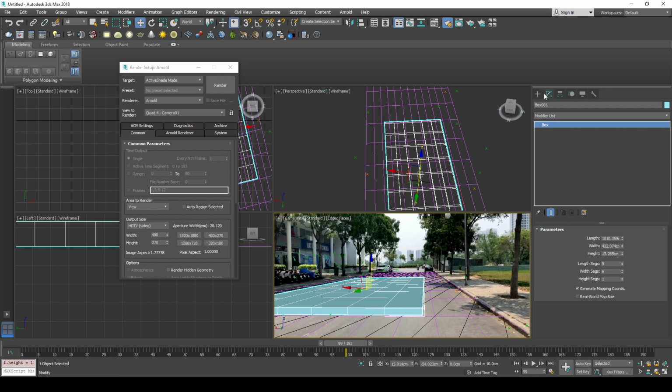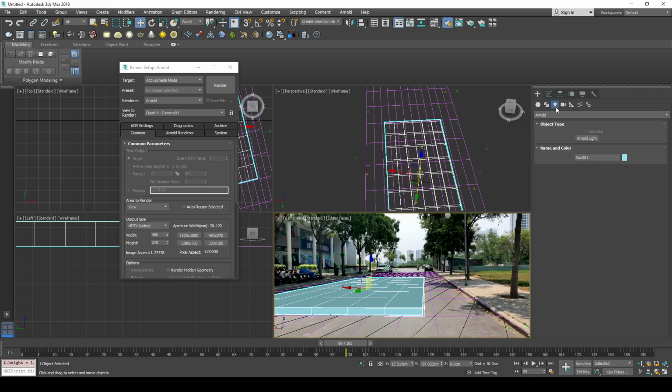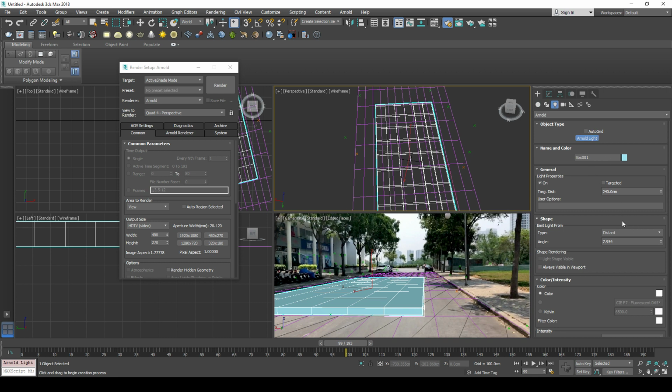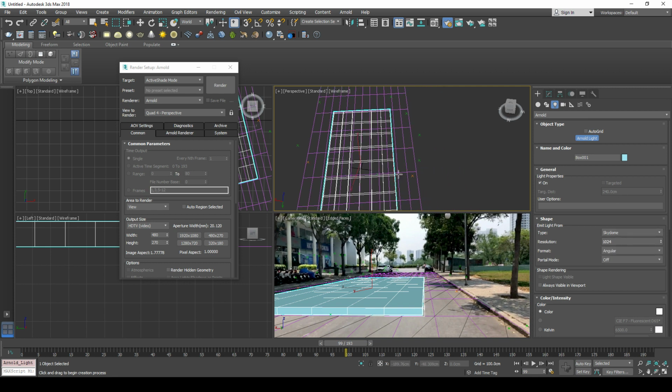Then I can create my R node lights. Click over here, make sure R node is chosen, click on R node. Now I'm going to create two lights. One's going to be a distant light and the other one's going to be a sky dome light. Okay, my sky dome light is just an environment light, and I can place that anywhere in the scene. And if I press render here,